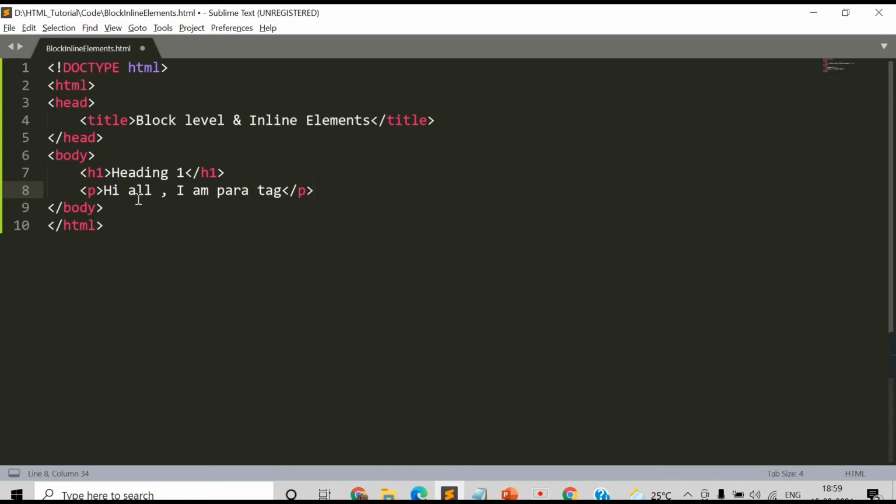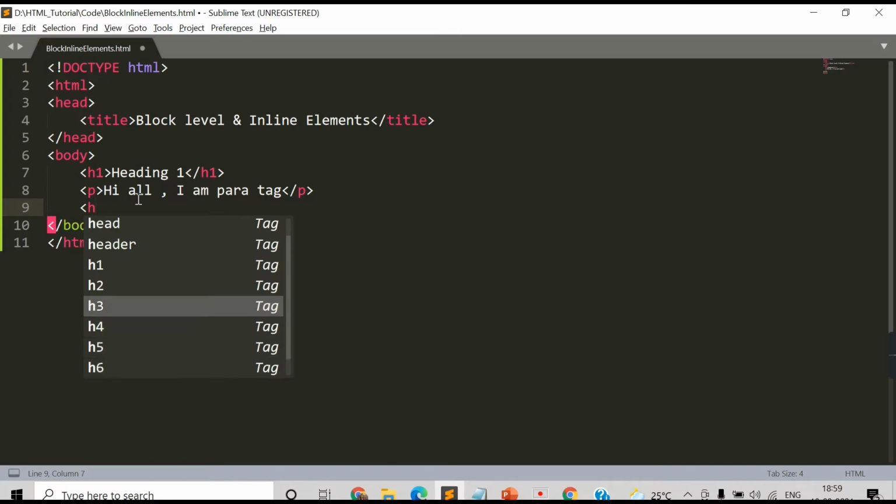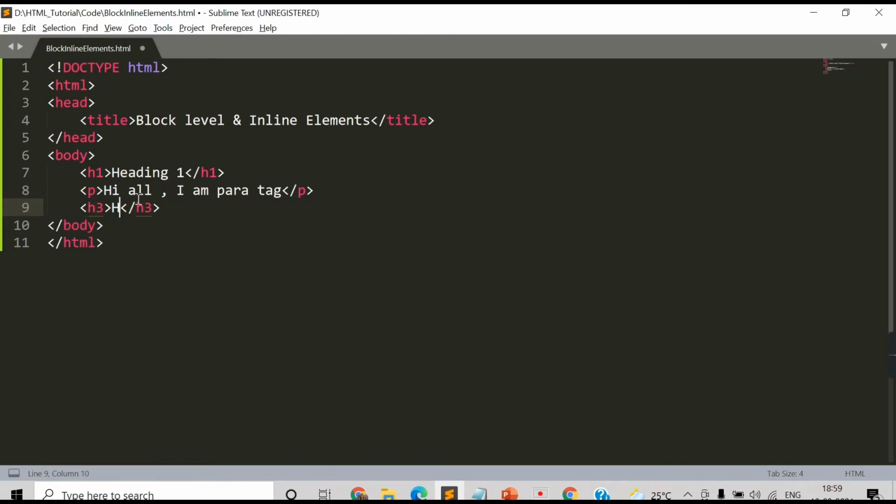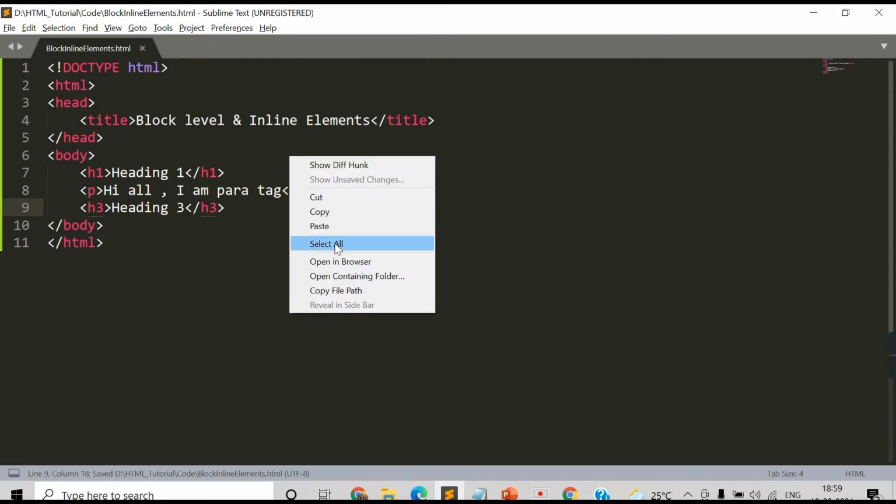Let's take one more, let's say h3, heading 3. Let's save this code and check on the browser.